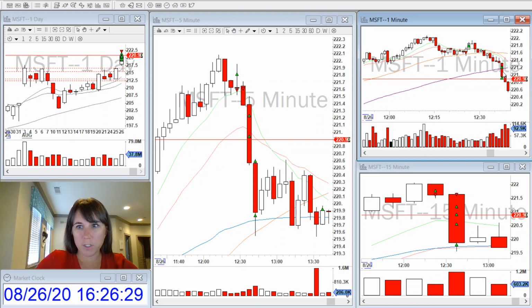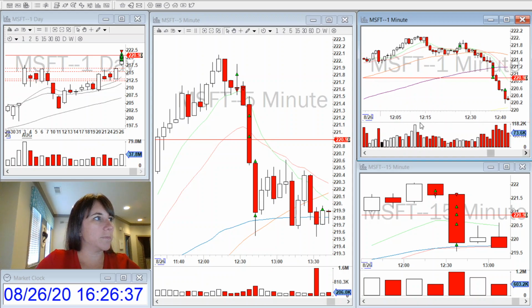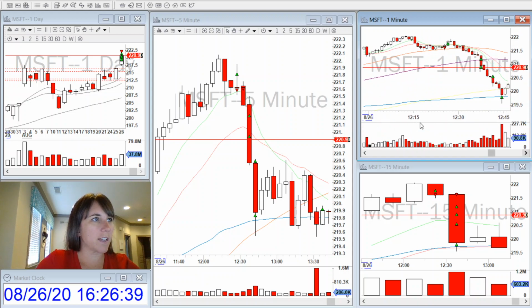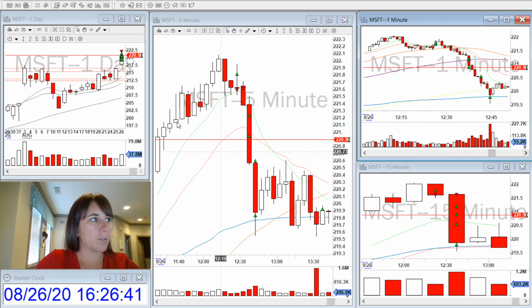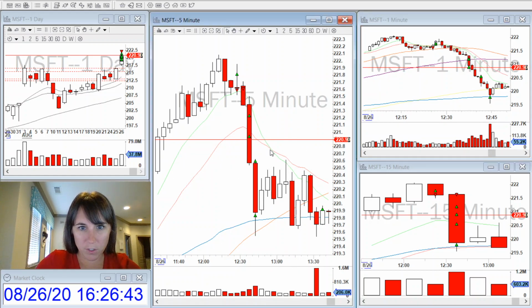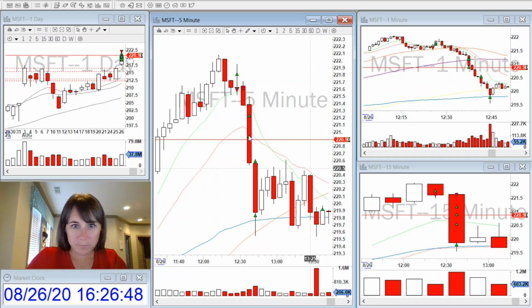My first partial was at the 100 moving average on the 1 minute, and my second partial was this 20 moving average on the 5 minute. And then I went ahead and partialed here as well.